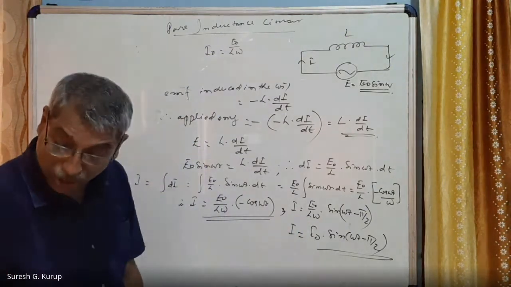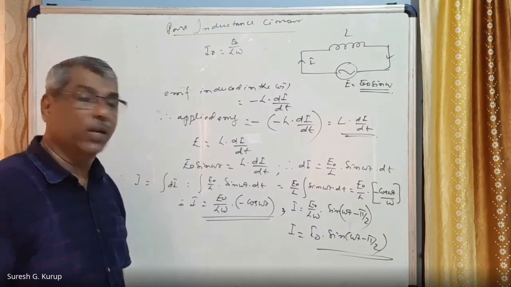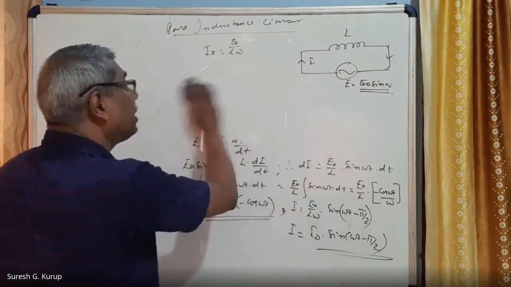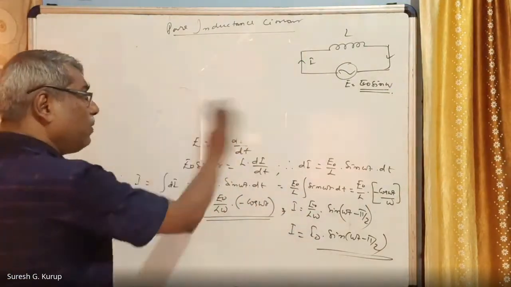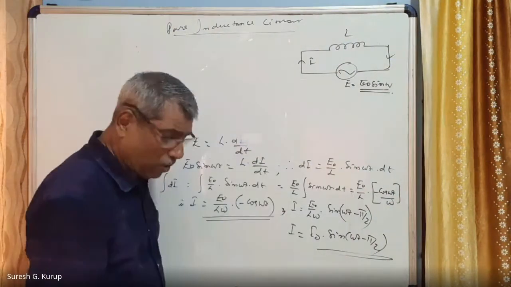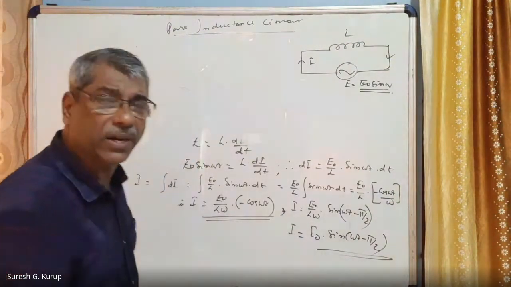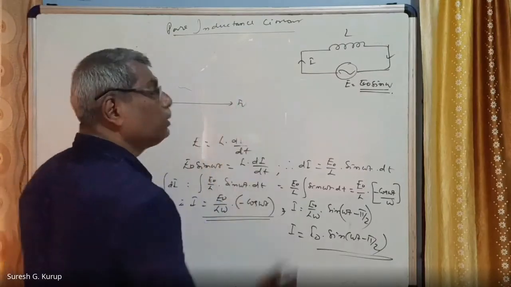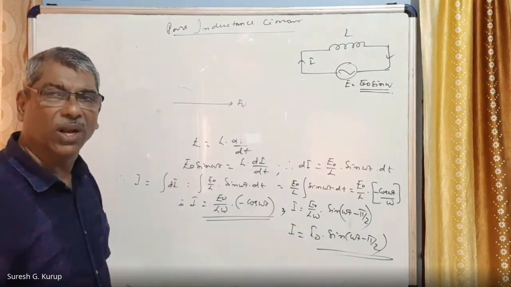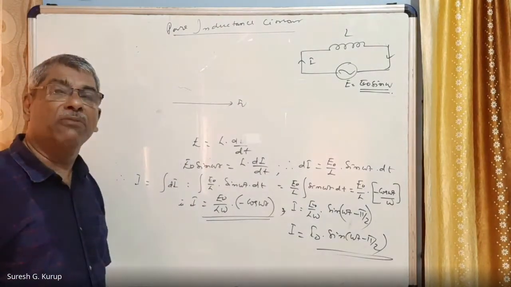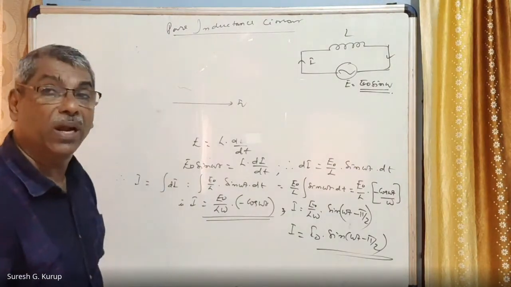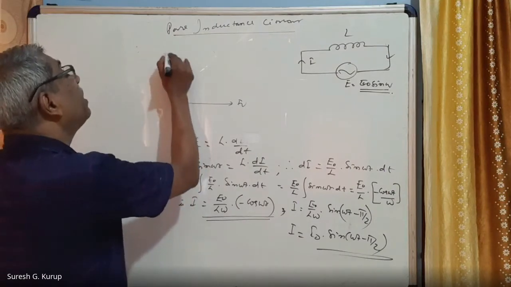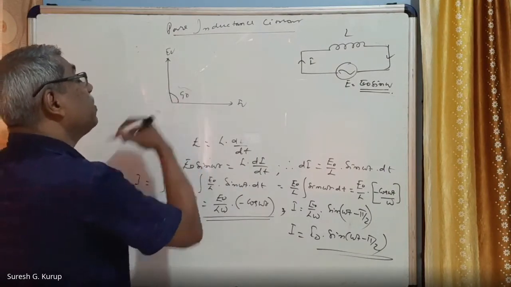So, due to the presence of special kind of circuit elements, there will be a difference in phase between the current and EMF. Now we will apply the phasor diagram. From this expression only we will write the phasor diagram. Most of the time the current is represented by I vector along the x-axis direction, horizontally, right? Now we have to say the EMF is ahead of the current by an angle pi by 2. Pi by 2 means 90 degrees. So this is what is called E vector, at 90 degrees.